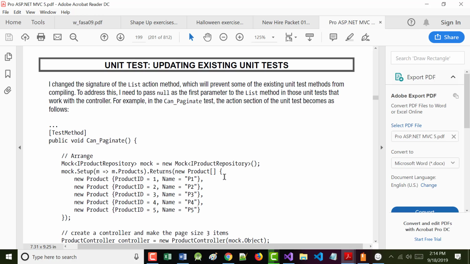Again, you'll notice right away that on page 198 is a unit test. It's 198 in almost all of 199.